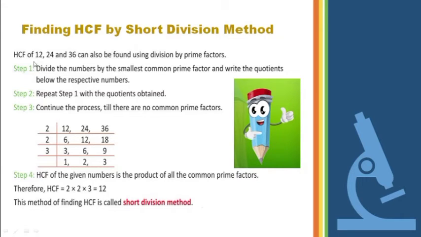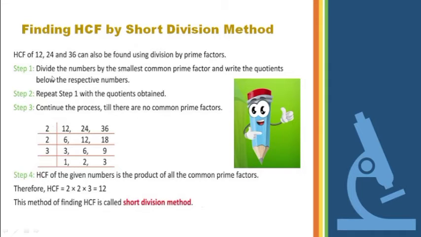So see, first we have taken 12, 24 and 36, then we have defined the representation of division. So see, the first prime number I have taken is 2. Try to check that all the numbers given must be divisible by the prime number which you are taking. It must not be like two are divisible and one is not divisible. That will be a wrong condition. So you have to take a prime number in such a way that all the numbers are divisible by that prime number.